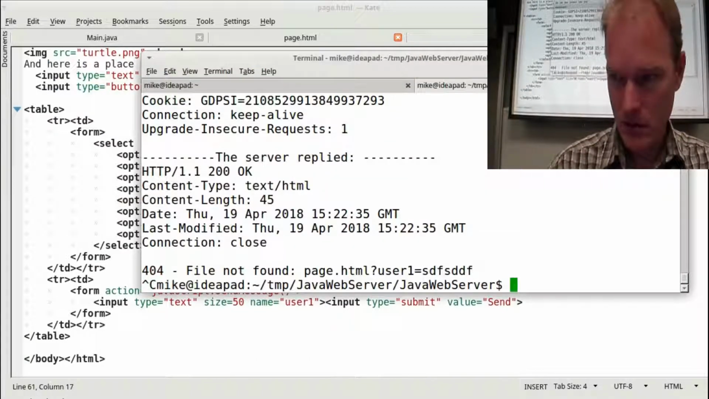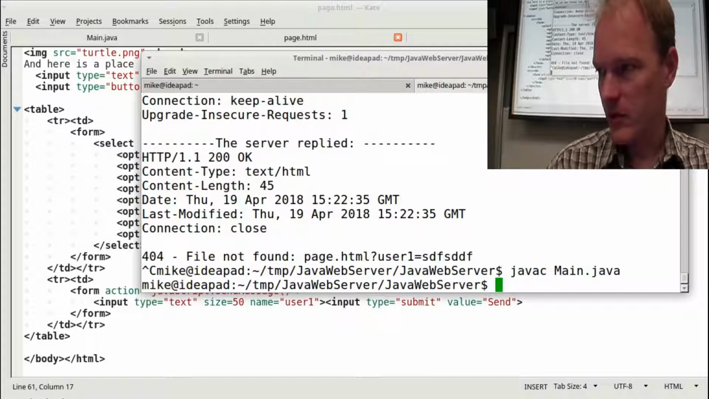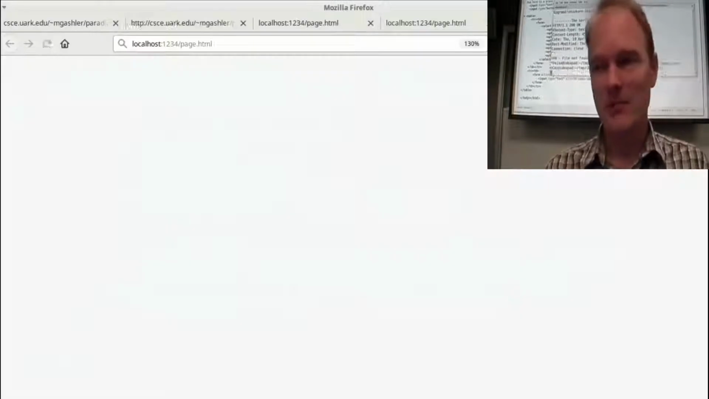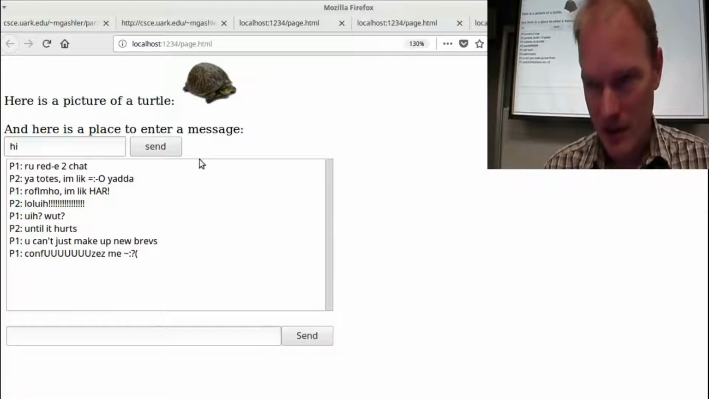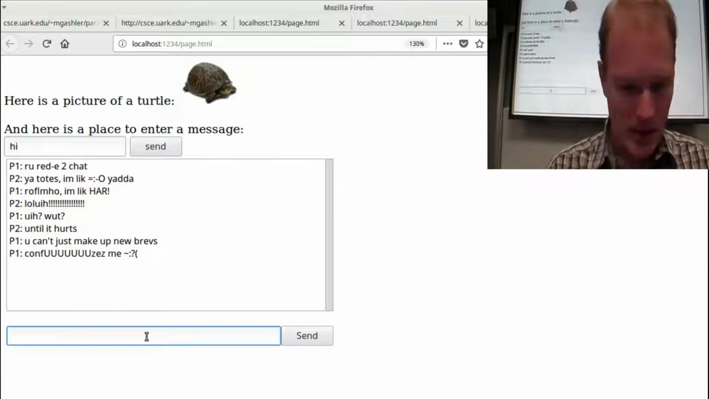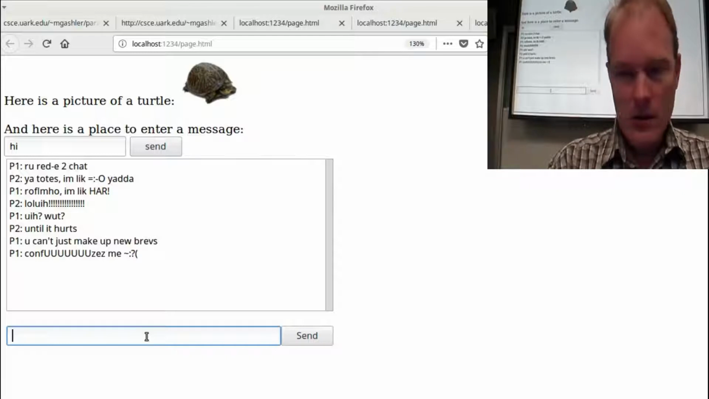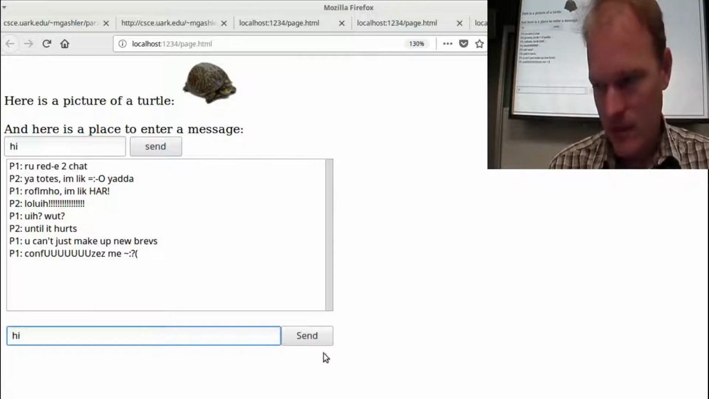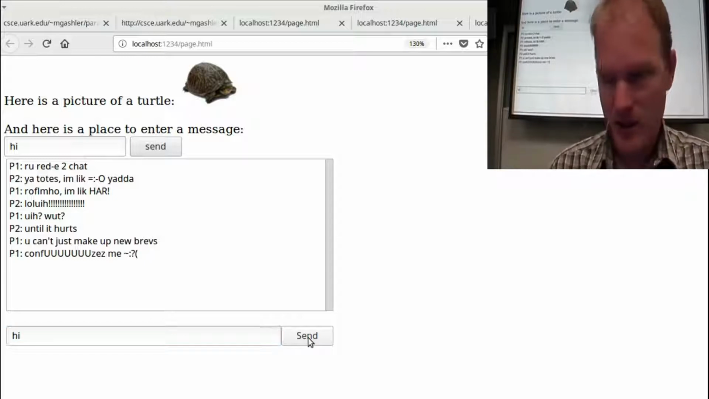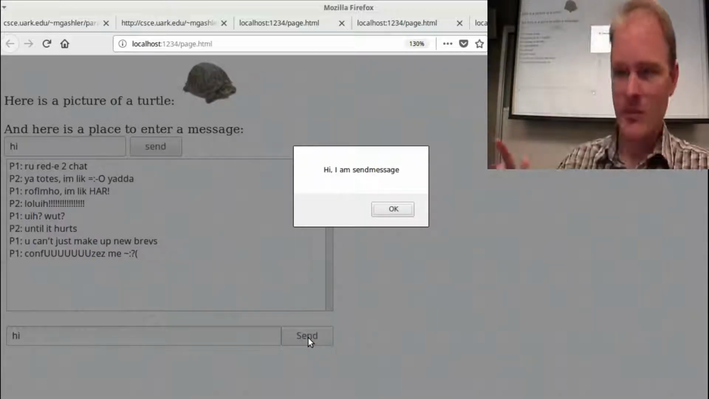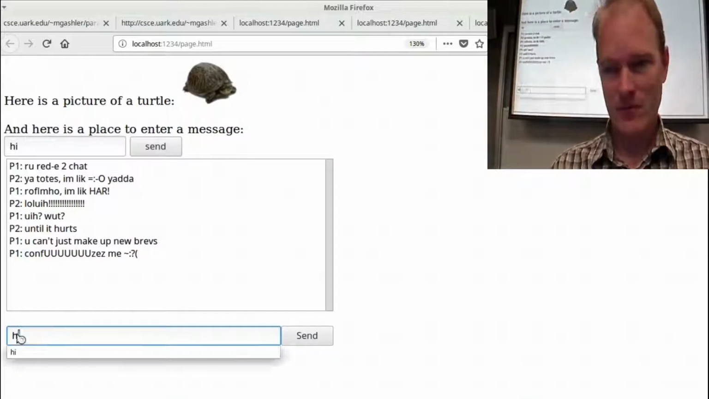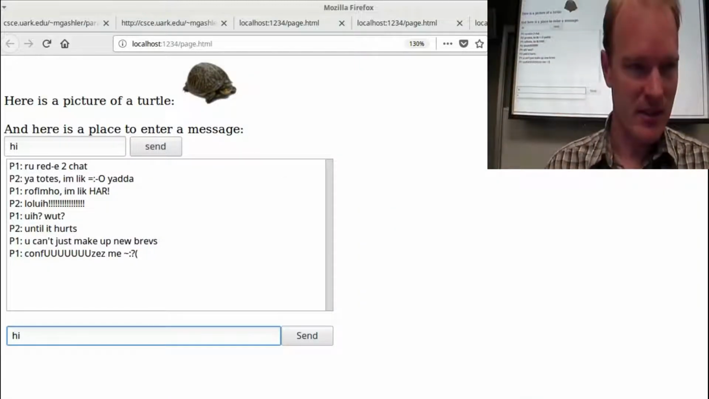Ready, kill my server, build it. In fact, I don't even need to rebuild because I only changed the HTML file. But here I am. Let's try it. So I come down here and I say, hi. Feeling really creative right now. I just press enter and hi, I am send message. It worked, yay. So I can now send a message and it gets sent to,